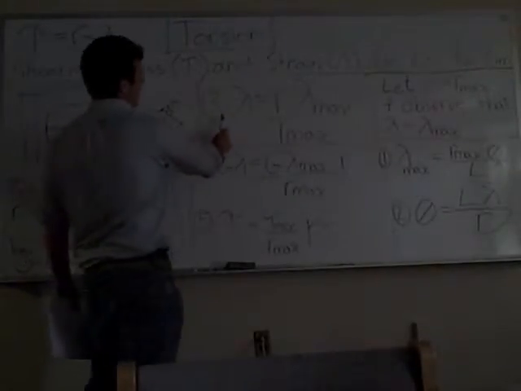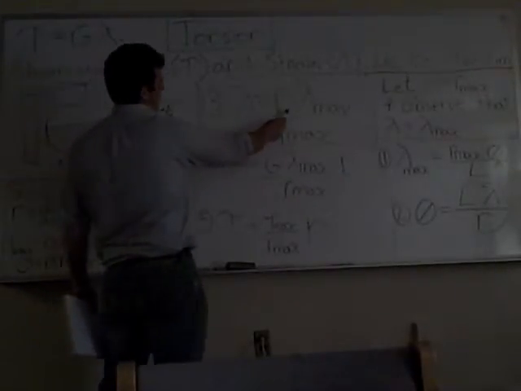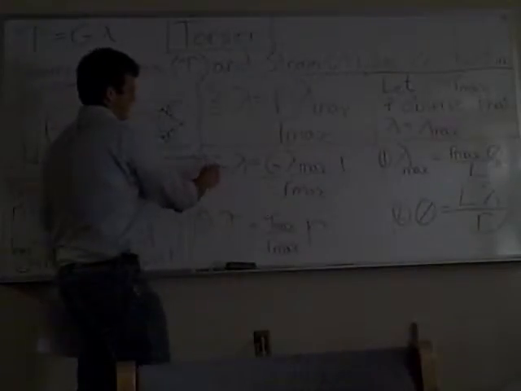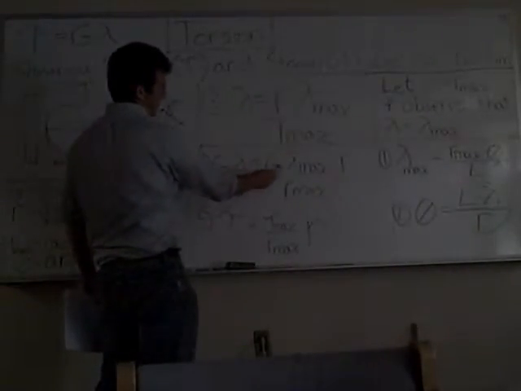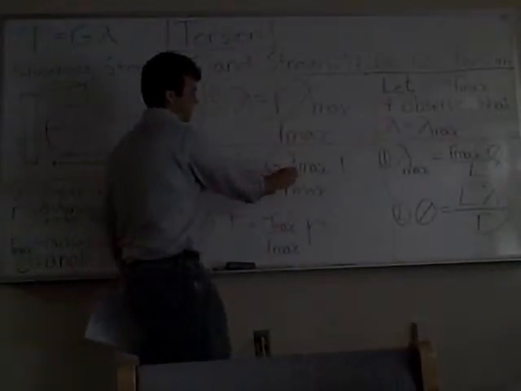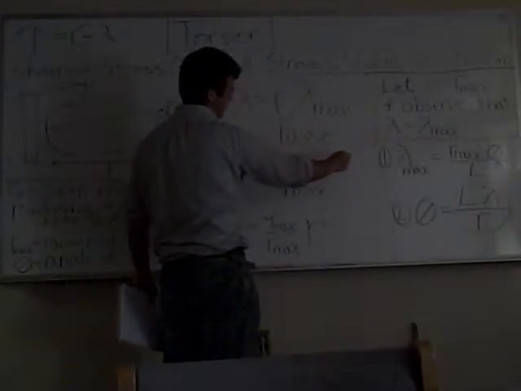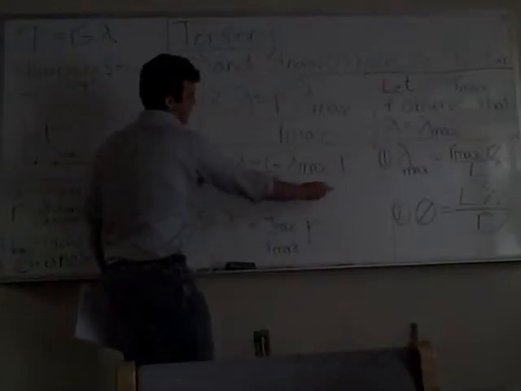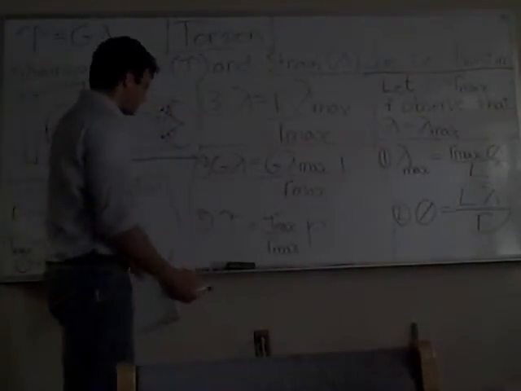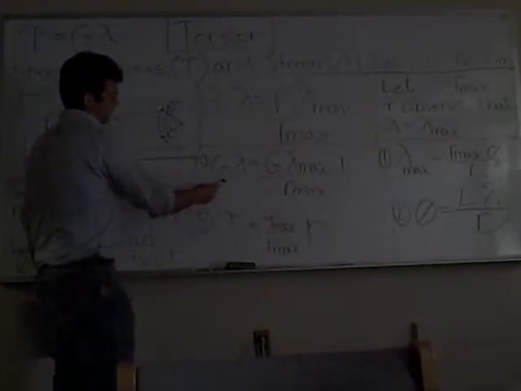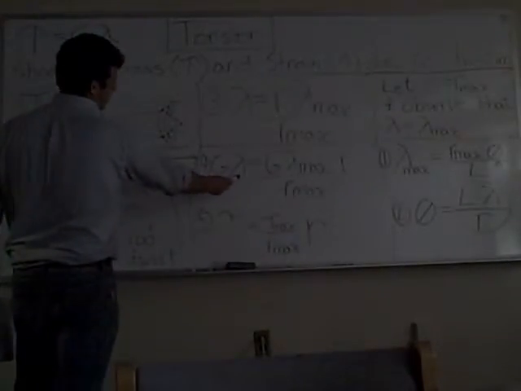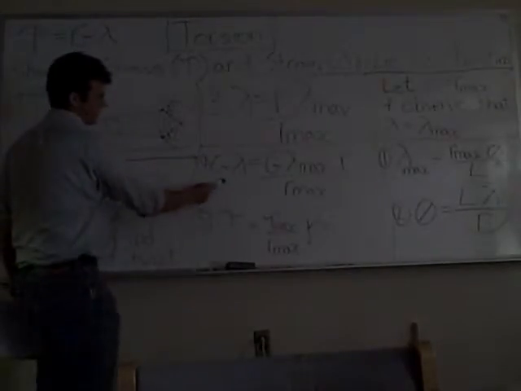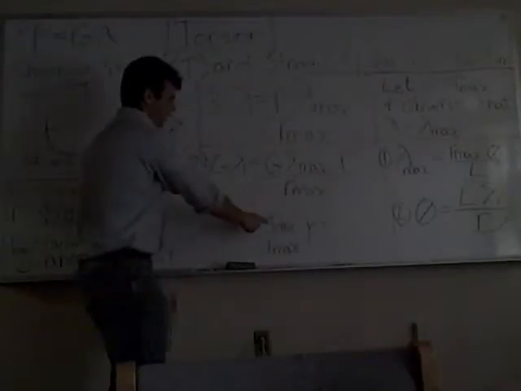So if we multiply each side of this equation by our shear modulus, we come out with the shear modulus times the strain equals the shear modulus times the maximum strain times our distance from the center, r, divided by the radius of the rod. And when we do that, we see now that our shear modulus times our strain is equal to our stress. So we substitute in our stress over here,